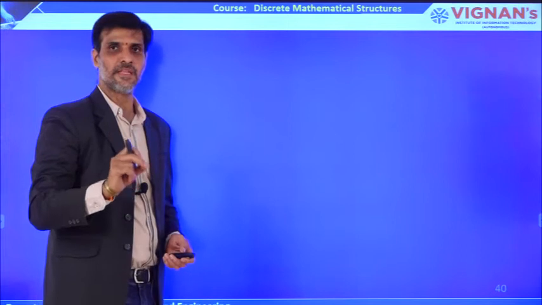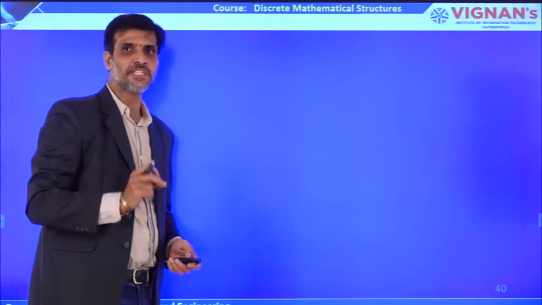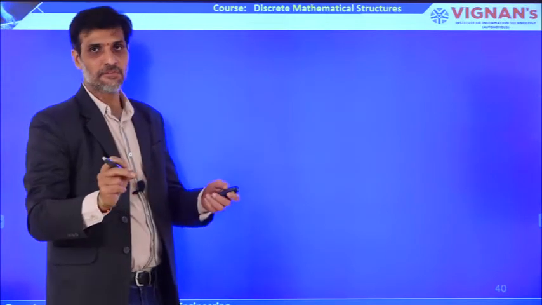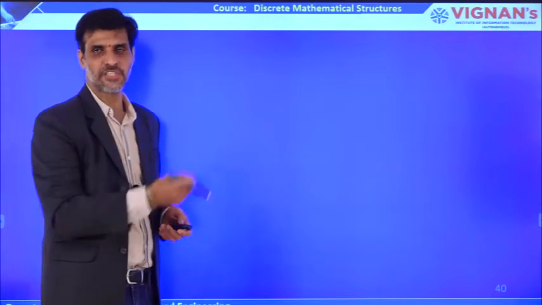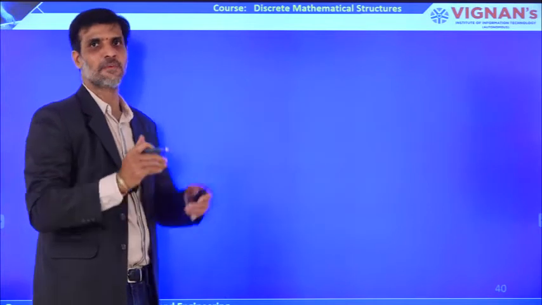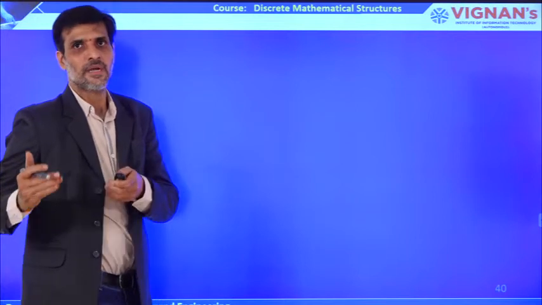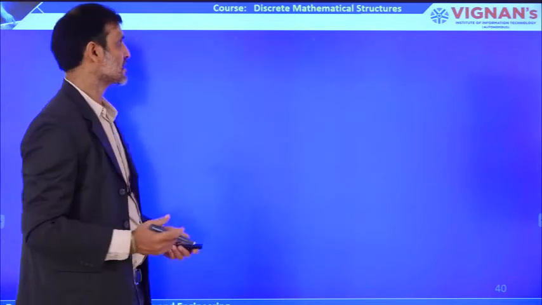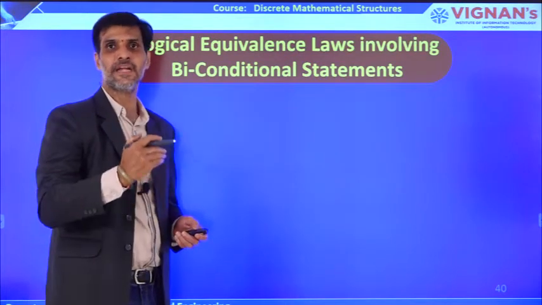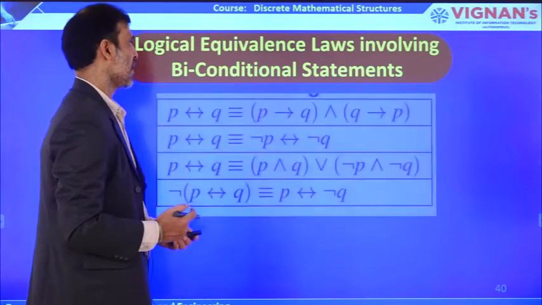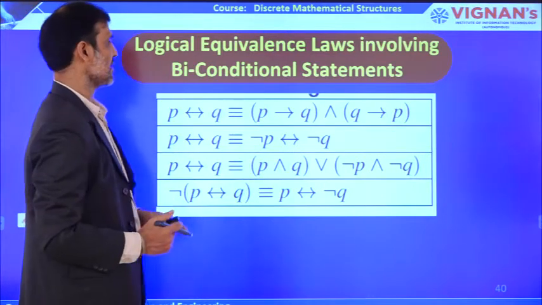In a similar way, there are some laws for what? Biimplication. Initially we started with the logical equivalence laws for disjunction and conjunction, and we used negation everywhere. And then we discussed some of the important laws for implication, and the next logical connective is biimplication. So we need to discuss logical equivalence laws whenever the statements contain biconditional or biimplication. So this is another important part of logical equivalence laws.